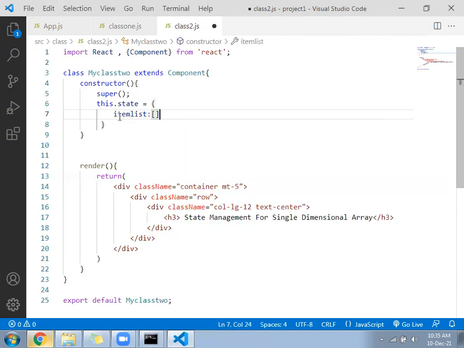Inside the item list array, you are going to keep the names of the items: mouse, keyboard, laptop, scanner, printer, pen drive.